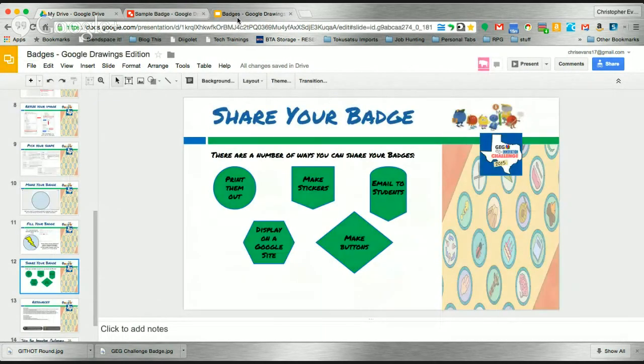I would recommend downloading them as a JPEG or a PNG file if you are going to share that with the students that way, because it is a lot easier for them to display the badges that they've earned when you share it that way. You can display these on a Google site, and I actually have a Google site sample that I have built